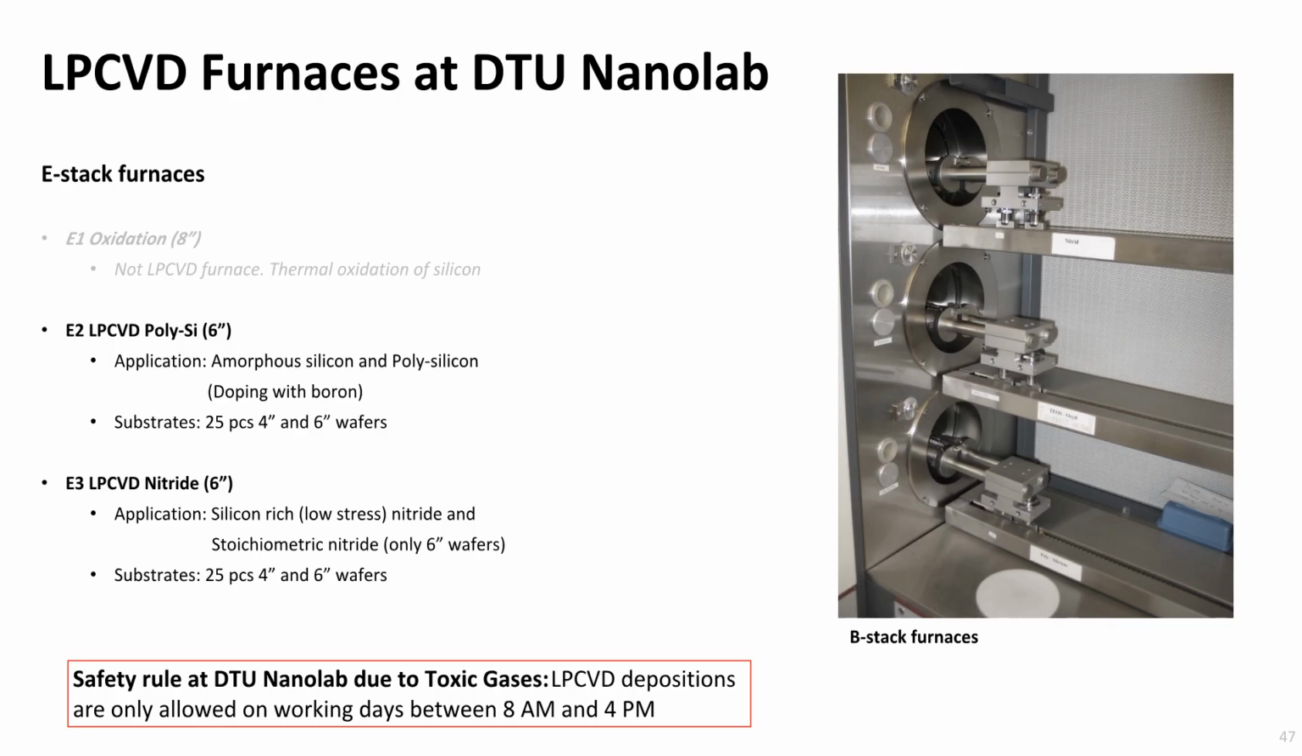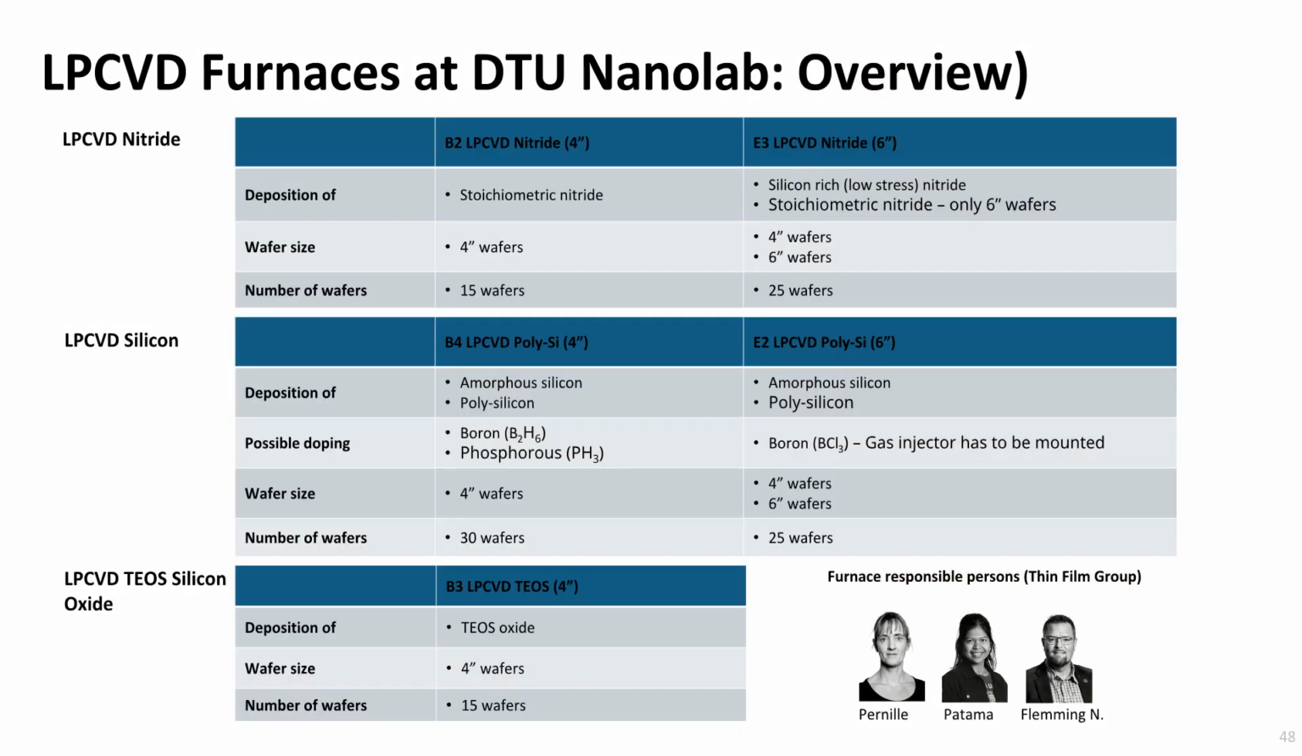Furnace E3 allows the deposition of silicon-rich, or low-stress nitride, on batches of 25 4 or 6-inch wafers simultaneously. It can also be used for deposition of stoichiometric nitride, though only on batches of 25 6-inch wafers. Please note that at DTU Nanolab, LPCVD depositions are only allowed on working days between 8 a.m. and 4 p.m. Finally, here's an overview over all LPCVD furnaces that can be used to deposit nitride, silicon and